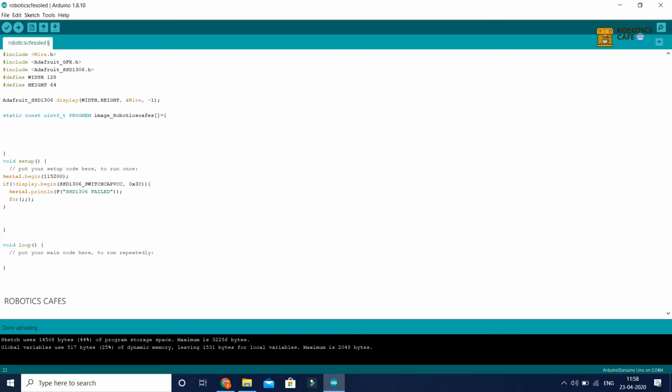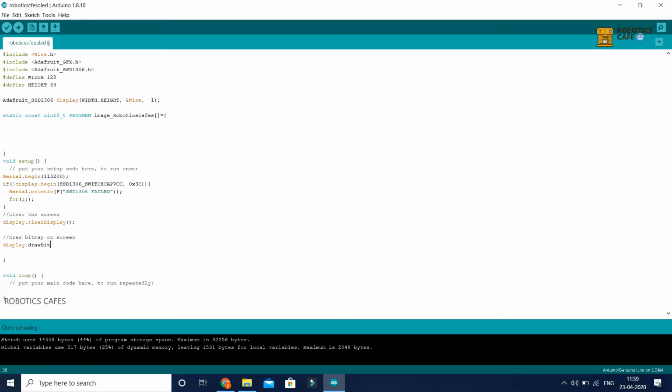Now we have to display the bitmap on screen. Before that, it is better if you clear the screen using the display.clearDisplay function. Don't forget to put the semicolon. Then we will be drawing the bitmap using the display.drawBitmap function.